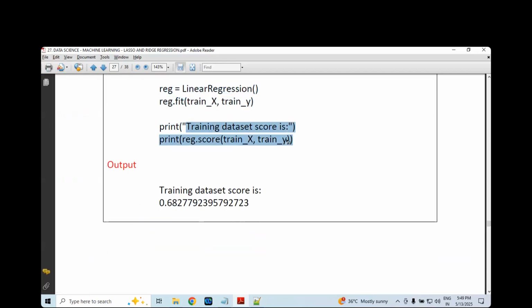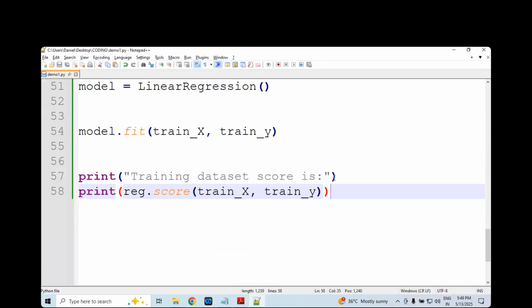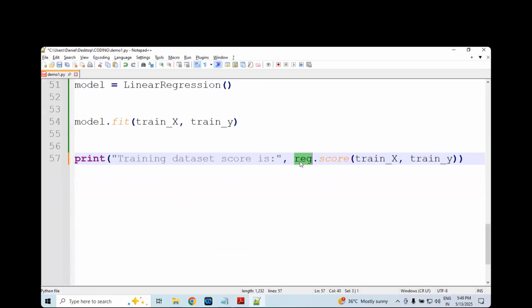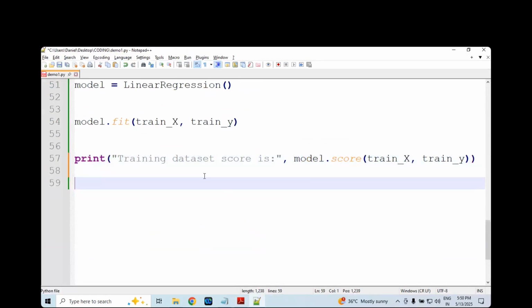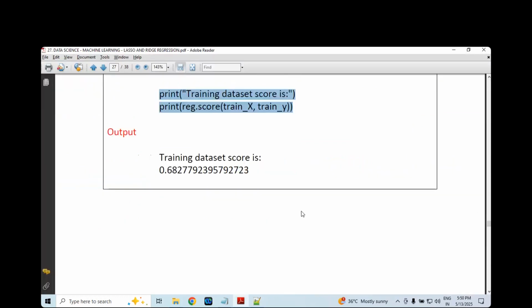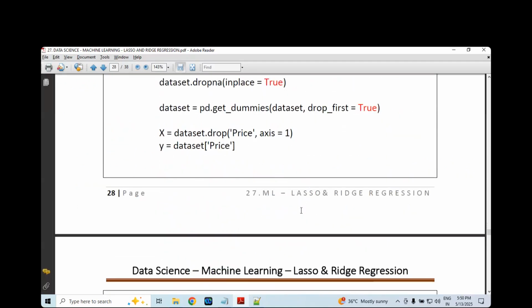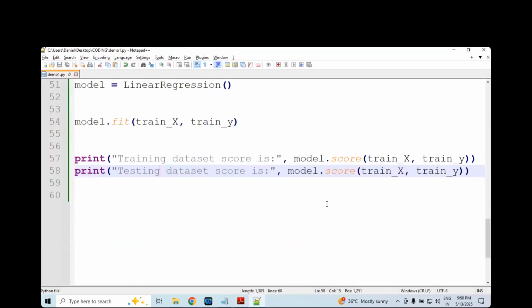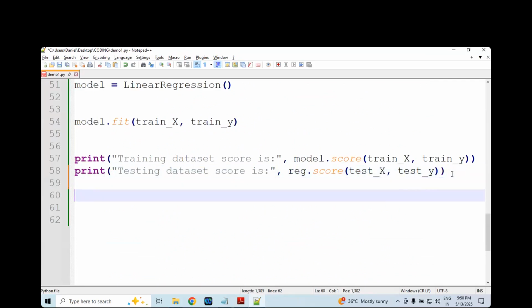Checking the model score: training dataset score, and the next one, testing dataset score. Perfect. Did I miss anything? Okay, thank you.